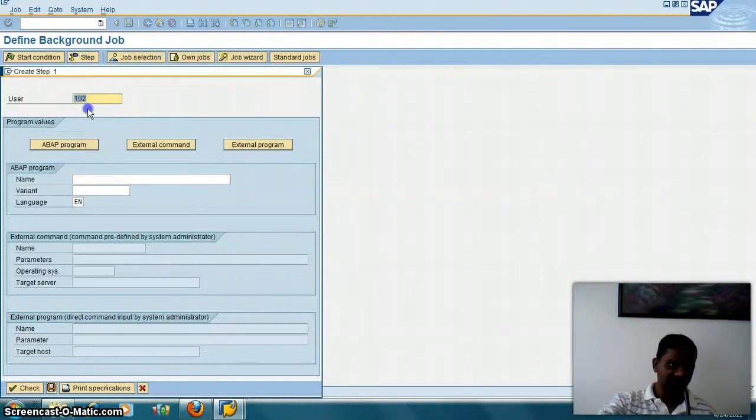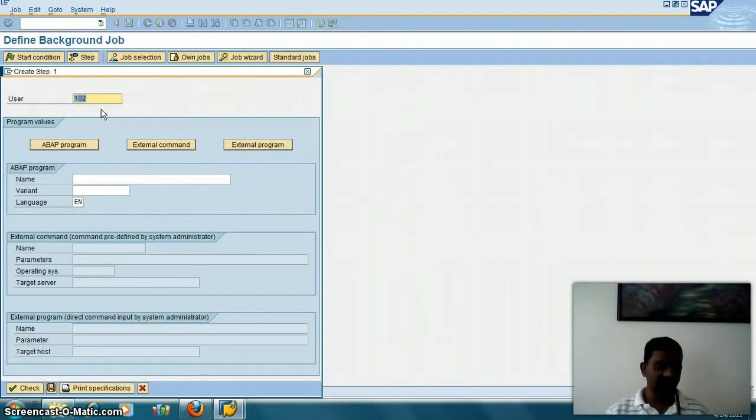So here is a key. This is the user ID which this batch program is going to use. Normally, if it's an HR job, the user ID will be ZHR batch, or for a finance job, Z finance batch. So it will be a unique ID which is running this batch job, or a group of batch jobs which belong to one functional team. It's not going to be your own user ID. When the job fails, you need to come here to the job and then look for which ID is executing this job.